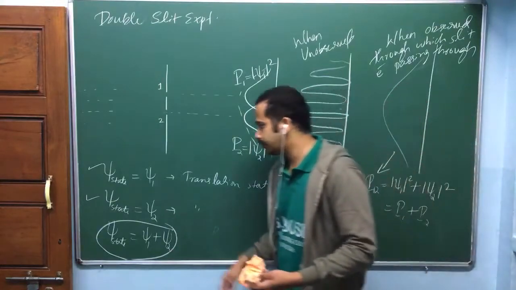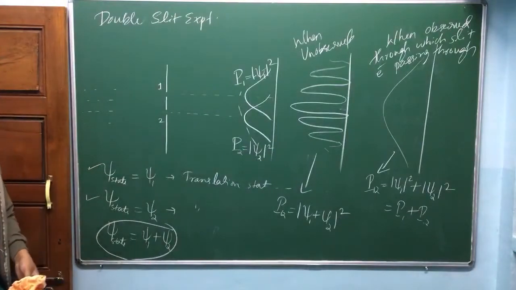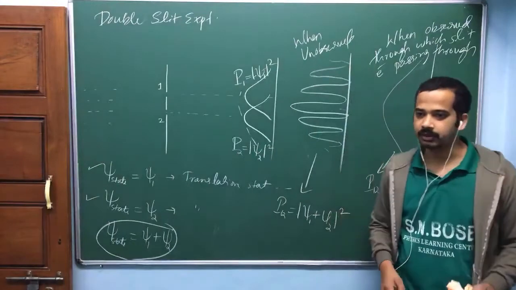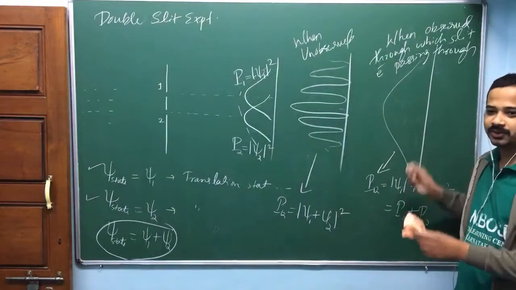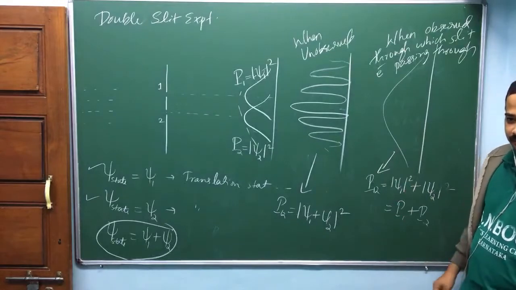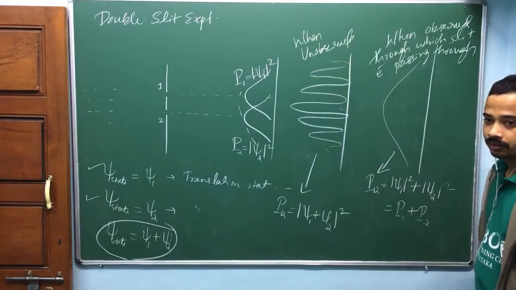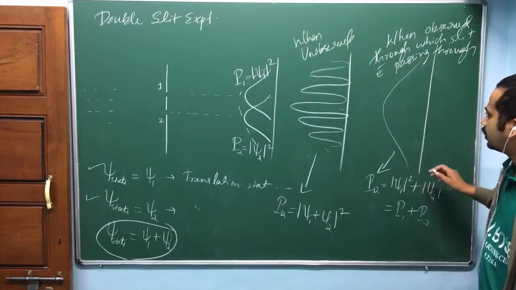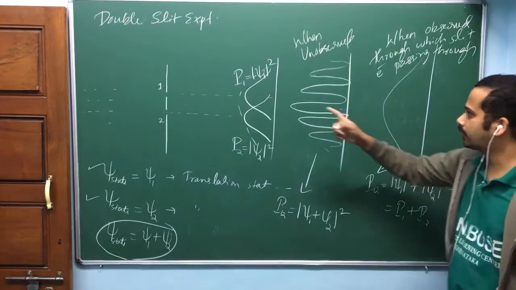So again, definitely we will get either this one or this one. Is that also an interference pattern or not? No, this is not an interference pattern. In the case of the bullet, we draw like this, but it may contain an interference pattern very close to each other. How do I convince you which pattern this is? It's like a Gaussian wave function, similar to that one. But again, look here. This is just P1 plus P2. That's what I have written here. This pattern is P1 plus P2.